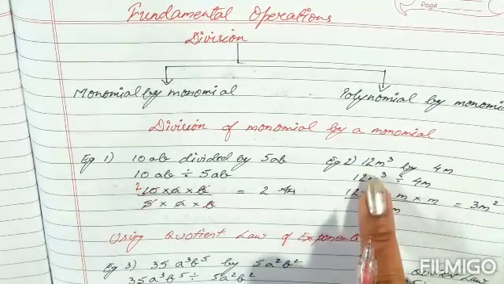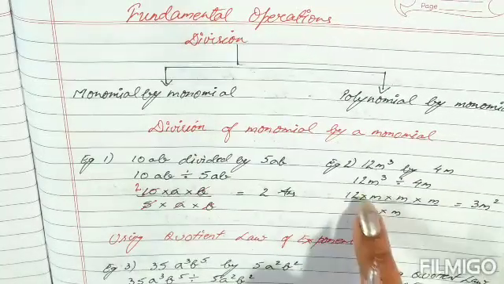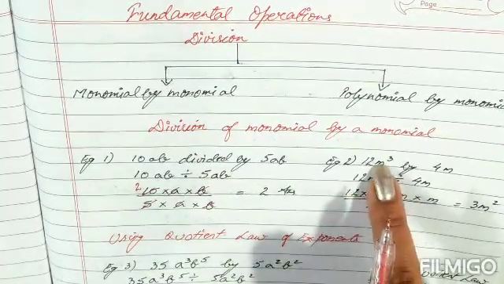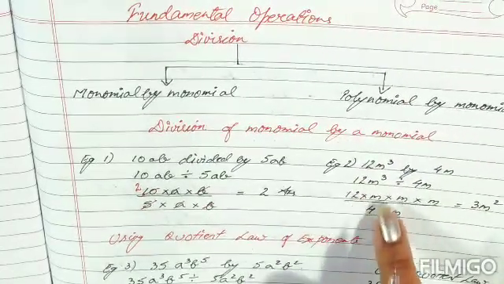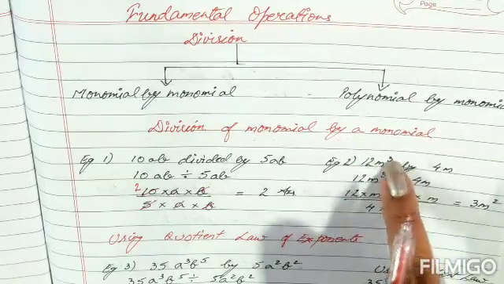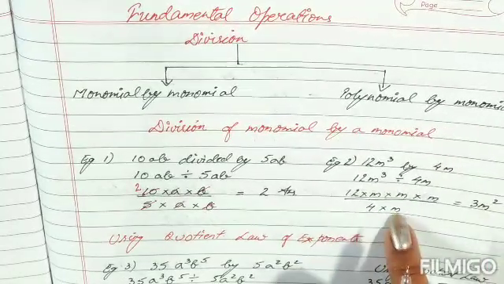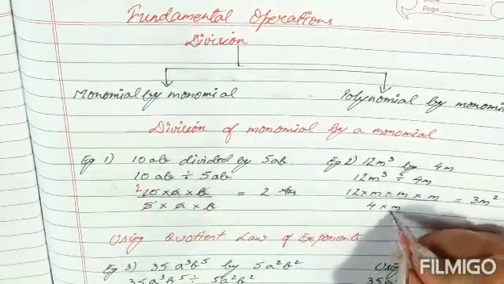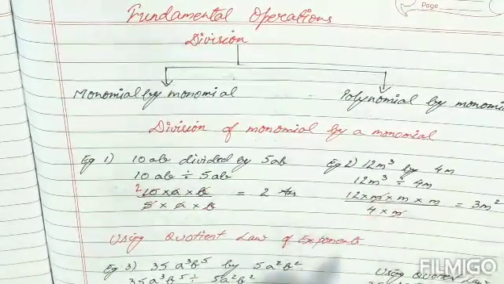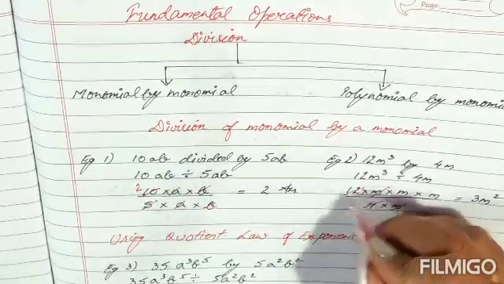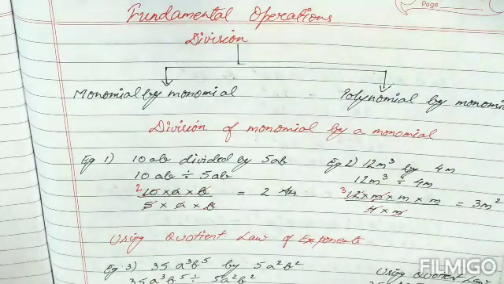Similarly, the next one, children, I have taken 12m to the power 3 is to be divided by 4m. Now once again, you are going to expand this and write 12m cube, which means actually, children, 12 into m into m into m. 3 times because it has the power 3 over here, so 3 times m. 4m will be written like this. Now once again, children, 1m can be reduced with 1m, and 12 and 4 can be reduced because 4 3s are 12. So we know our answer is 3m square.